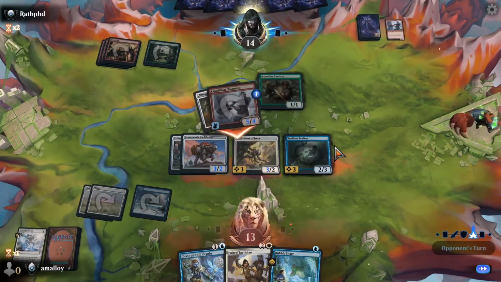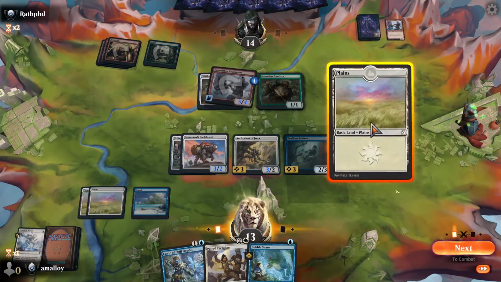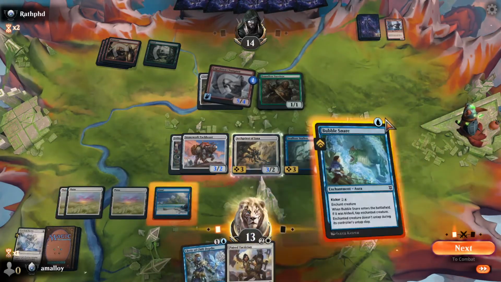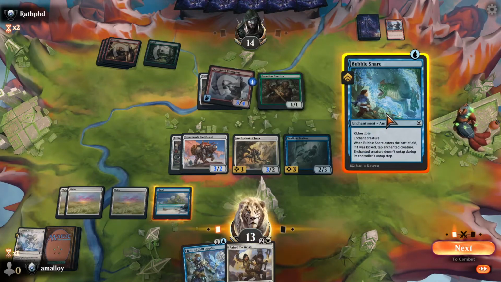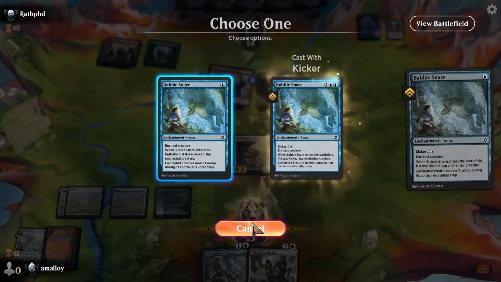It's a little scary. Probably want to bubble snare that though, actually. Yeah, oh good, I have enough mana to do that. This only costs 1 since it's tapped already. No kicker. Well,